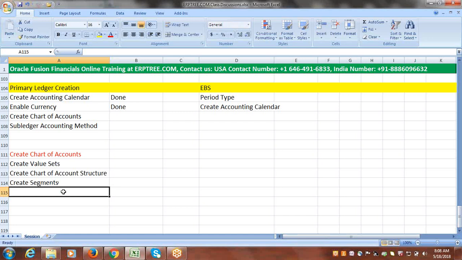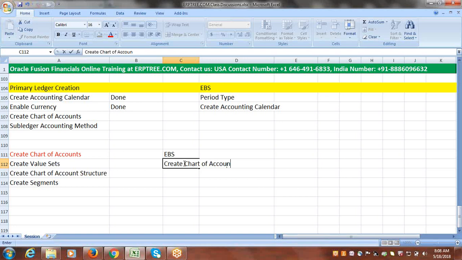After creating the segments, we normally assign value sets to segments in case of EBS. Here, when you create the segments, as a part of segment creation, we have to select the value set. So when you are working on EBS, if you are going to create the chart of accounts, you can follow this sequence. In case of EBS, first you can create the chart of accounts structure. Within the structure, you can create segments, and for each segment you can create a value set. Okay, you can create the value sets, then create